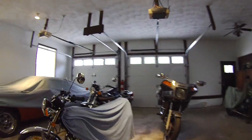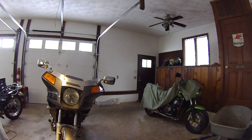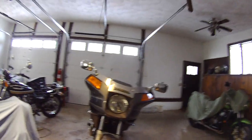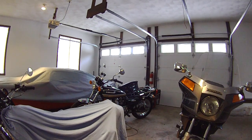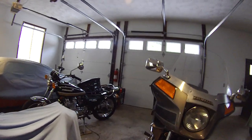Okay, here are my bikes in winter storage. It is 8 degrees outside and it's going to get down to apparently -5 tonight. Haven't been able to take anything out in a good month now. Anyway, just wanted to walk around and show you some of the things that I do to keep them at